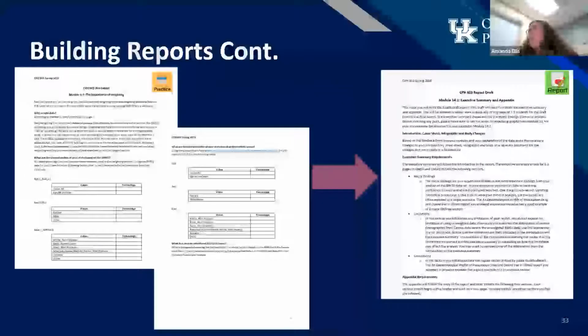And then again, just one more example. Here's a worksheet where they look at the importance of weighting, where they compare the distribution of different demographic variables for the BRFSS compared to what you see in the US Census. And so again, that would then go in their executive summary and appendix. Again, all the worksheets were completed individually, and then the majority of students worked in groups to create the reports.